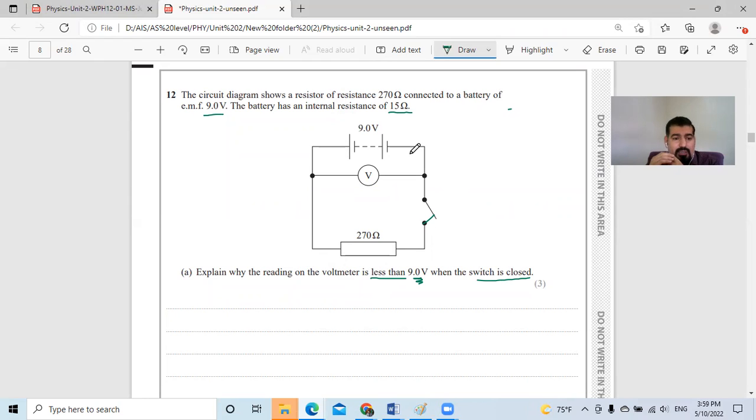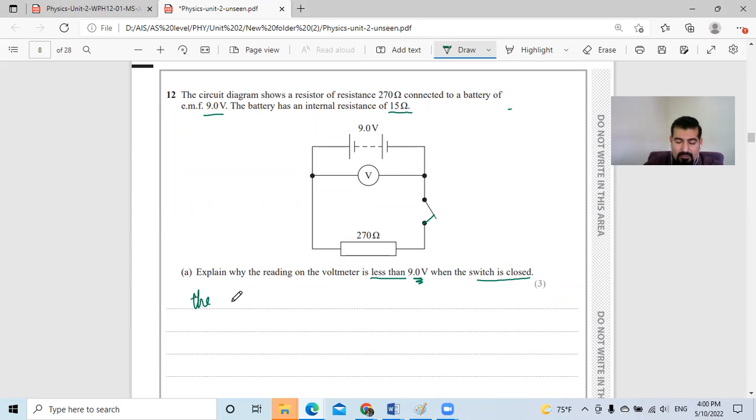Thank you, Ammar. The EMF is equal to the voltage plus the what? Plus or minus? Yes, it's voltage plus, okay, or the reading of the voltmeter equals the EMF minus IR. So because we know that